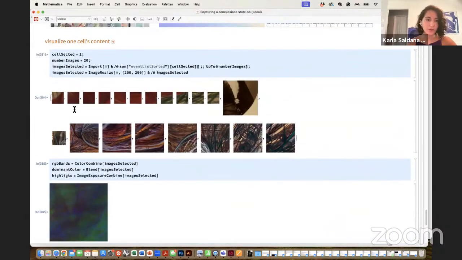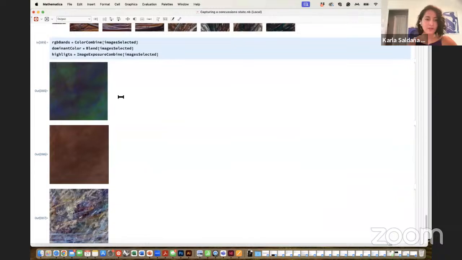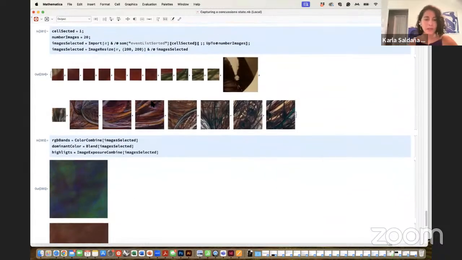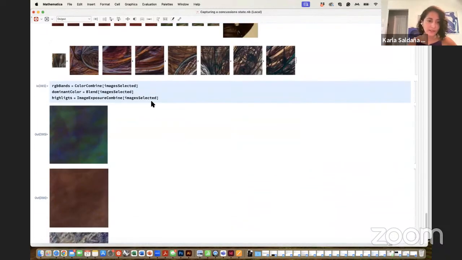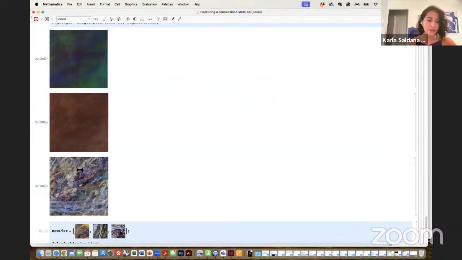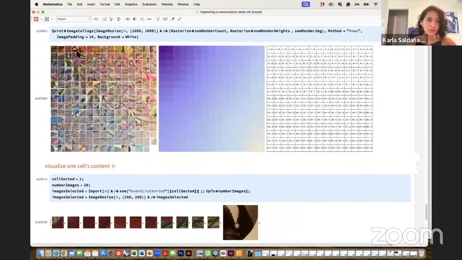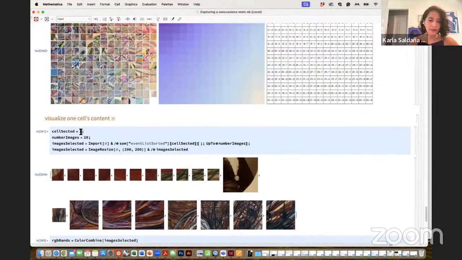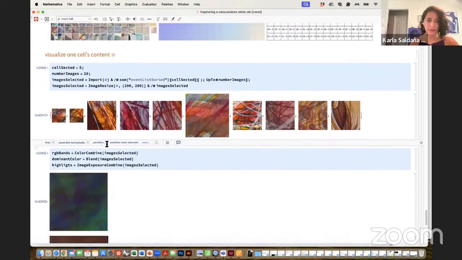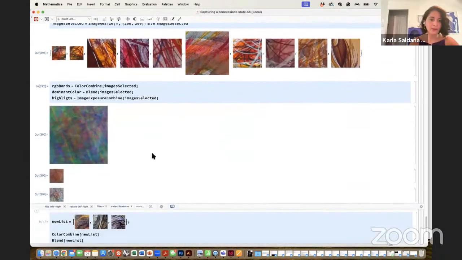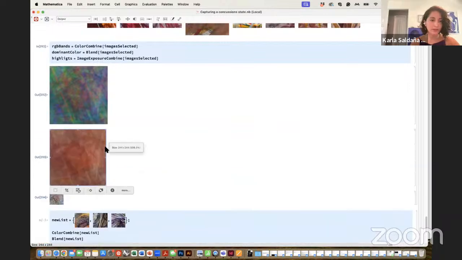So now we're looking at one cell in its three renderings. I think this is an exercise that I do with my students, just to grasp what this one cell means. We can do the same thing, for example, with cell number 5, which has 10 images here. So I'm going to look at cell number 5. It's giving me this output, and now we see what we're looking at.